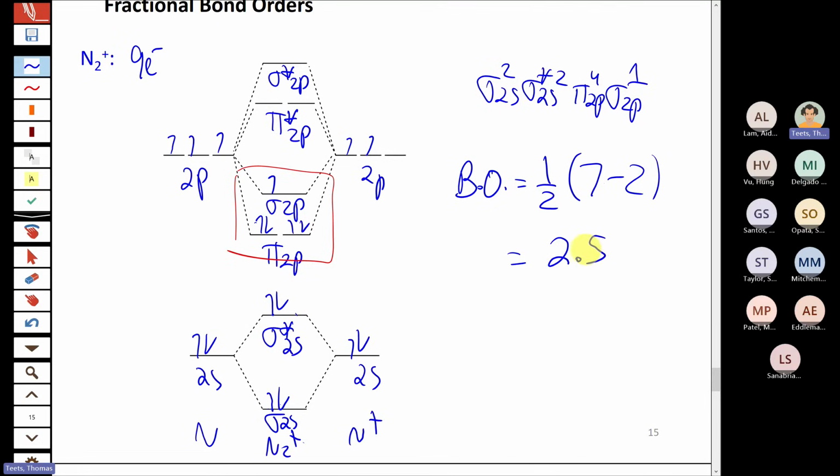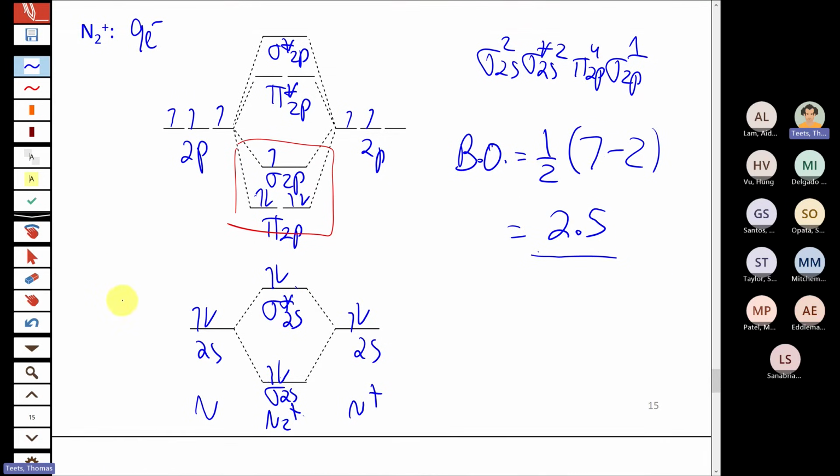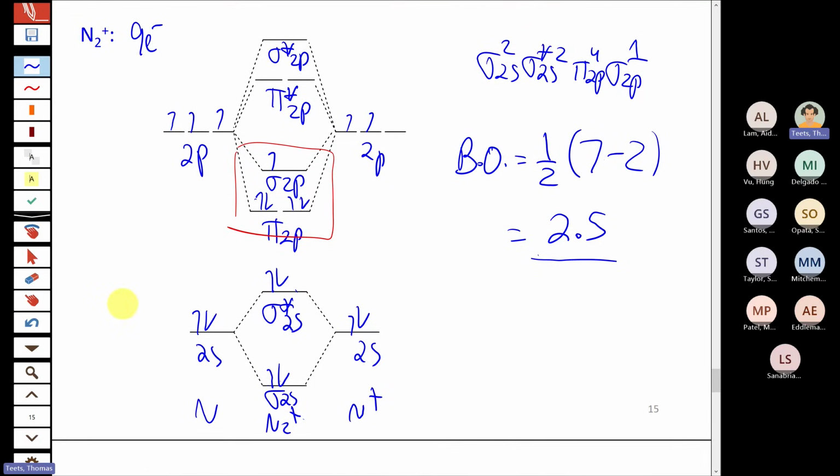All right, so again, if you have an odd number of electrons, you can expect a bond order that's fractional, something point 5. So that takes us through really all the major possibilities for just the simple diatomic molecules. You might occasionally see problems where you have 2 different elements like CO, carbon monoxide. In that case, again, we would specify the ordering if it wasn't clear from the problem or if it mattered, but you'd still populate them the same way.